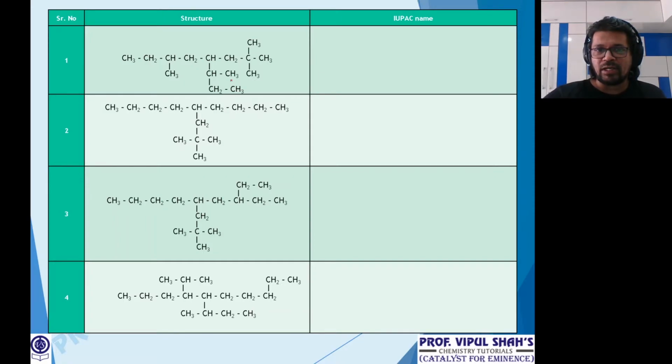I'm writing the numbering now. 1, 2, 3, 4, 5, 6, 7, 8. I'm having one branch here, and this whole thing will be taken as one branch, 2, and I will get this. So how many branches am I getting? Only 3 branches. Now I think we can rectify this. How can we rectify this? One second, I'll show you.